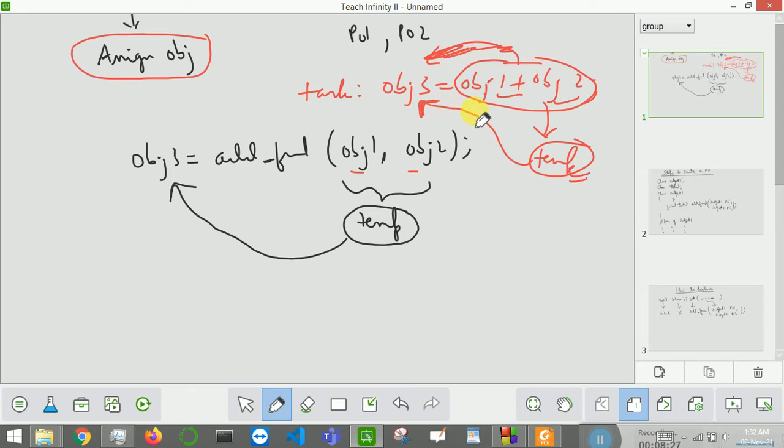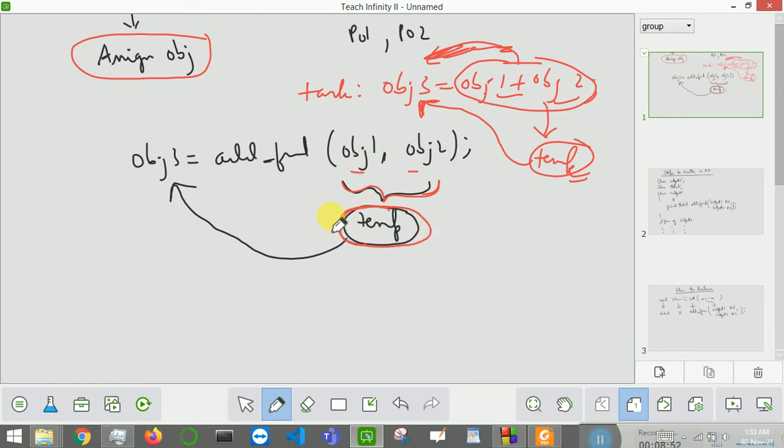Okay, inside your function, I am just explaining the different types of objects: what a returning object is, what a passing object is, what a calling object is. This will help you better understand and write the code of a friend function. So you will have to create a temporary object.